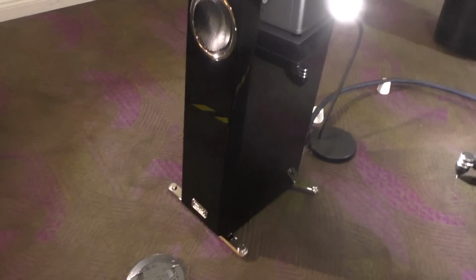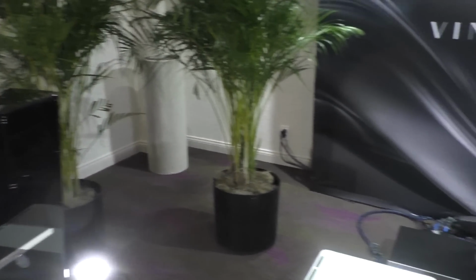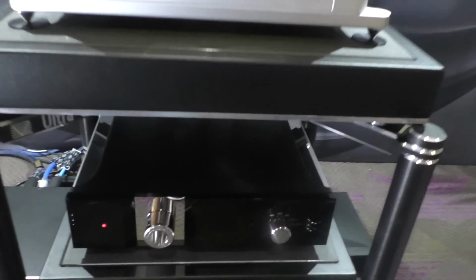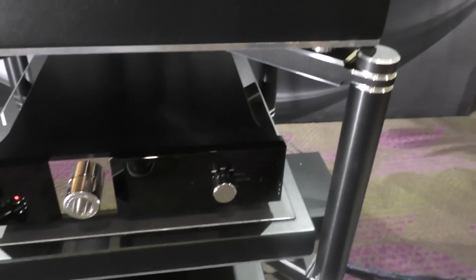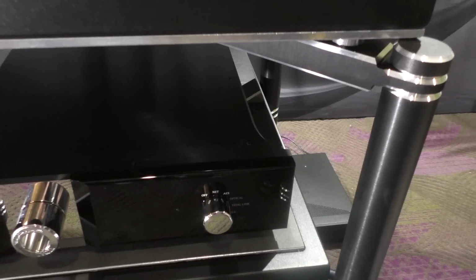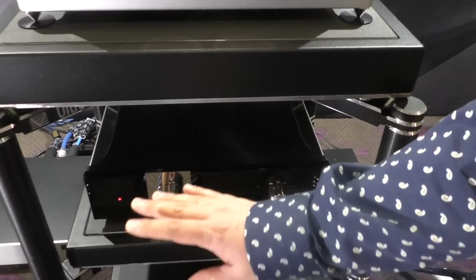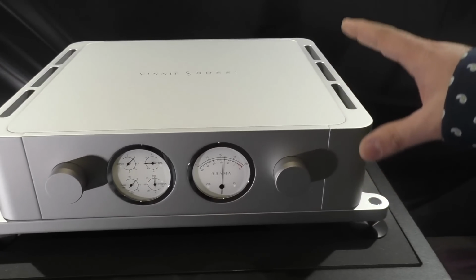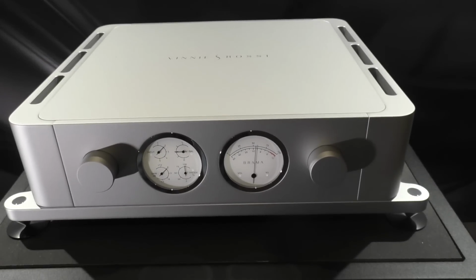I believe they're $64,000 a pair, and they're being fed. Well, source. We'll start with the source. It's the Tidal Contrast Streamer DAC unit. Streamer and DAC together in one unit. It has optional volume, but we're not doing that. We're having that bypassed. So this is feeding into a Vinnie Rossi Brahma stereo preamplifier, and it's running 300B triodes,